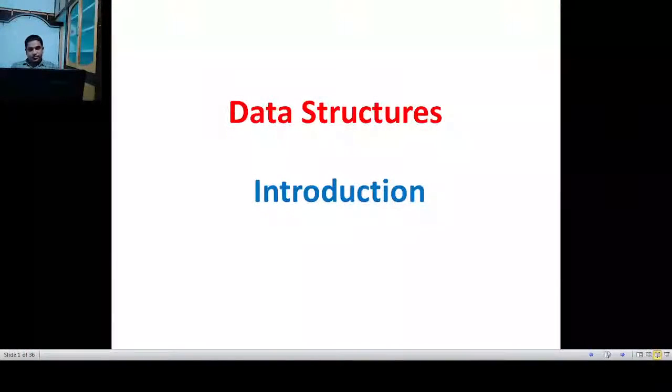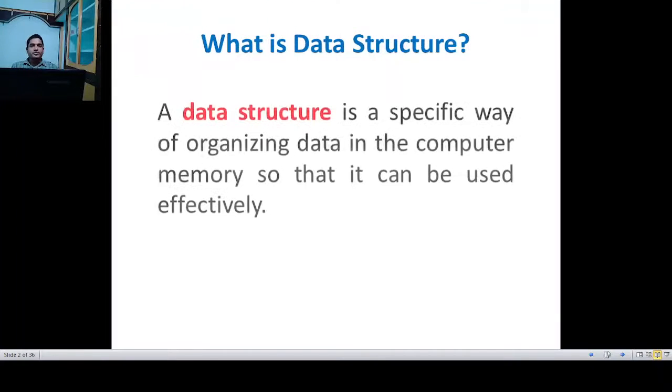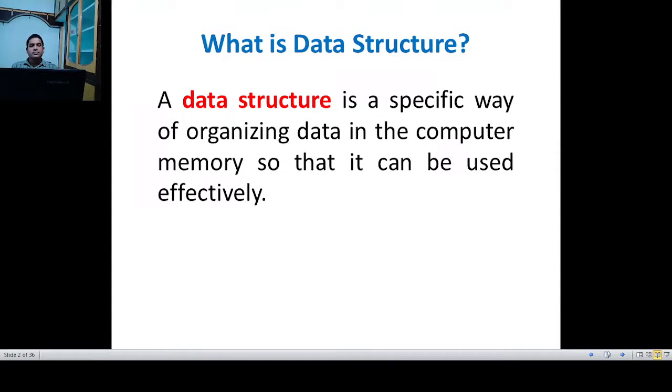Data structures. So what is a data structure? Data structure is a specific way of organizing data in a computer's memory so that it can be used effectively. When you are writing a program, you are dealing with data because every program has some input and some output.